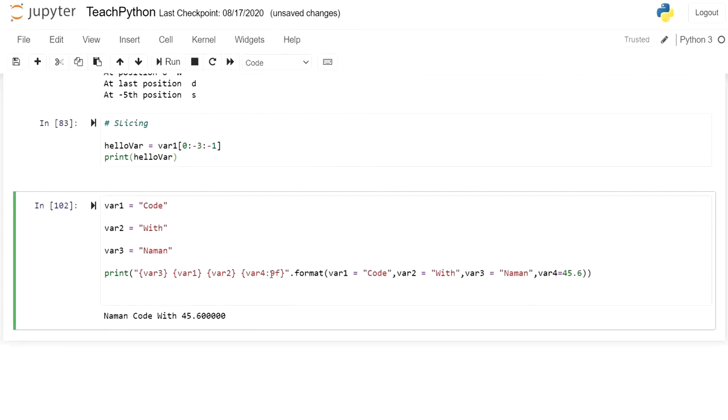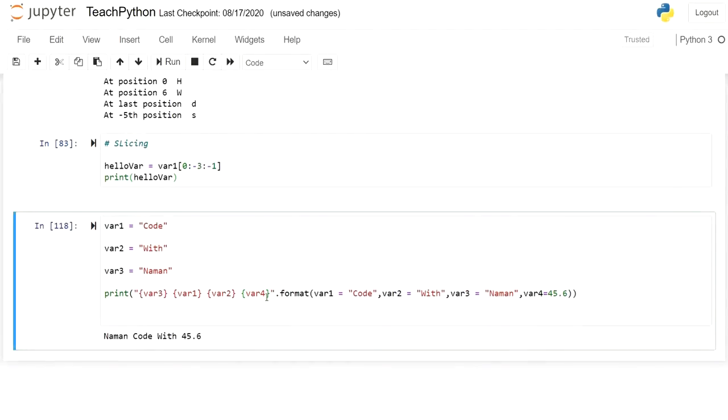Now you can see I have used .9f here. If I don't use .9f here, it works fine. So what is the use of this? You can see 45.6. This is if I want to format the number according to me. For example, if I write here a colon, and I want this to be represented to 2 decimal places, you can see it is 2 decimal places. Now if I want to add some sort of padding, a padding of 10 characters has been added here, and now I will write this. This will use these 10 padding characters to represent a particular number. Got it? So this is how dot format works.